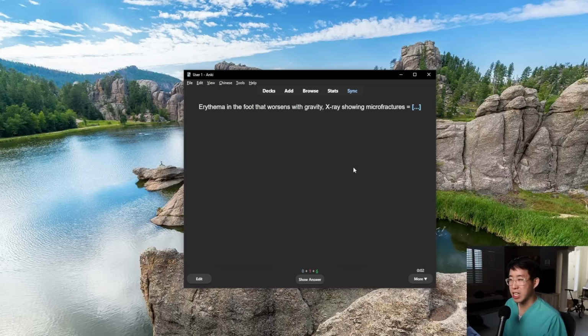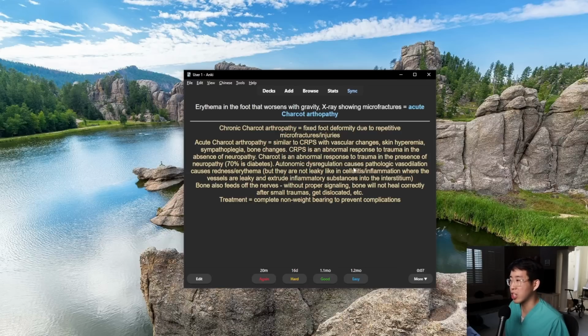What if a patient has erythema in the foot that worsens with gravity and x-ray shows microfractures? This is acute Charcot arthropathy, and it's very similar to complex regional pain syndrome. They get these vascular skin changes, hyperemia, sympathoplegia, and bone changes. And basically, this is a very interesting case, but the treatment is complete non-weight bearing to